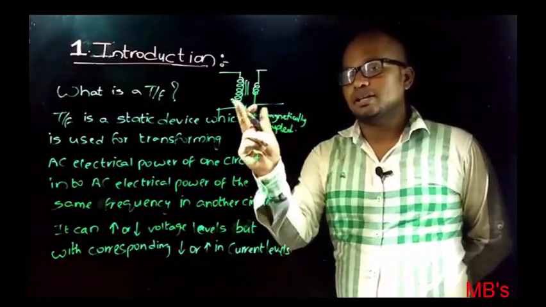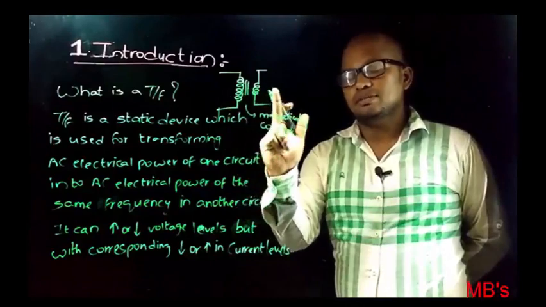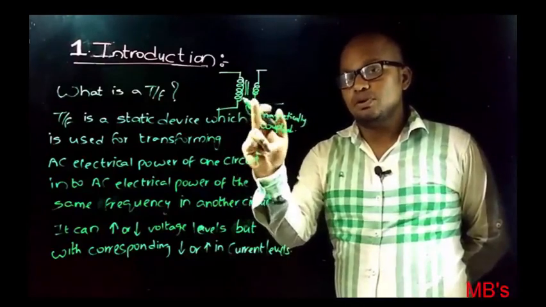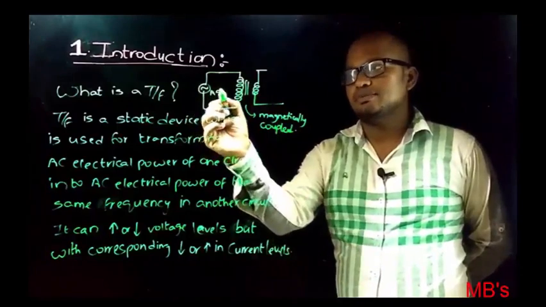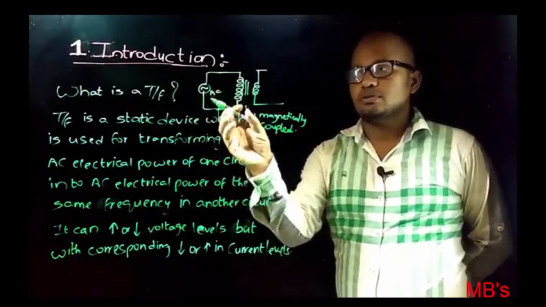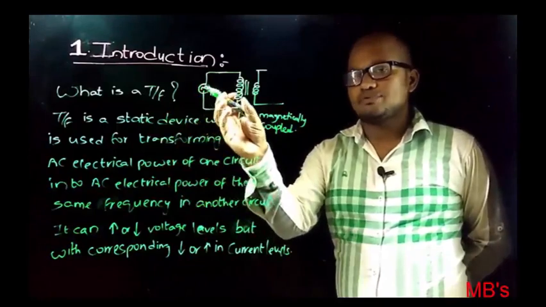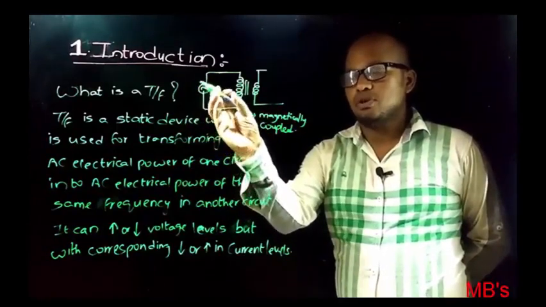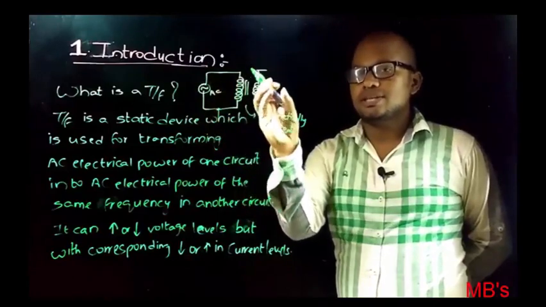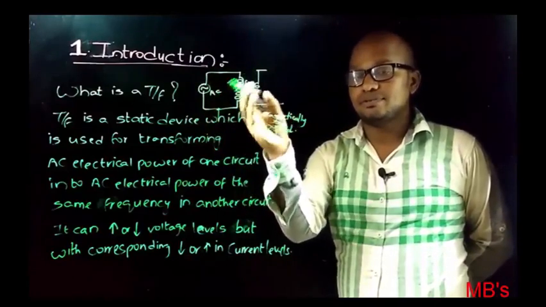There is no electrical connection between this circuit and this circuit, but these two are magnetically coupled. Let us suppose this is the AC electrical energy input given to this circuit. Now according to this statement, transformer will transform this AC electrical energy input of this circuit into AC electrical energy of the same frequency in